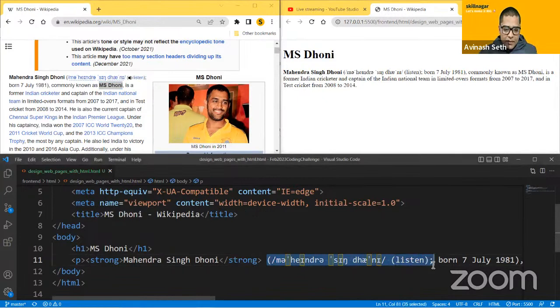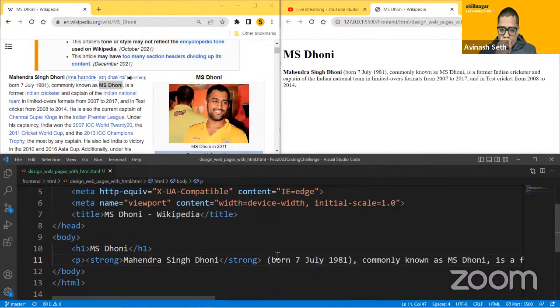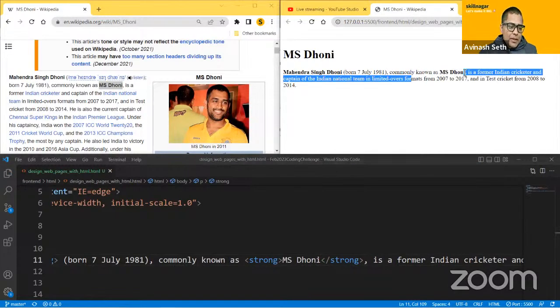Now I want to make sure that MS Dhoni is also, let me actually remove this so we don't get confused. Okay, so now what do we want to do here? Okay, fine. This is a bit confusing. Yeah. So now what do we want to do? We want to make MS Dhoni also bold. So what we are going to do, I'm going to come here. MS Dhoni, I will say strong. And obviously, since I'm using this tool of VS Code, that is why I'm getting this autocomplete. And now you can see MS Dhoni is bold.